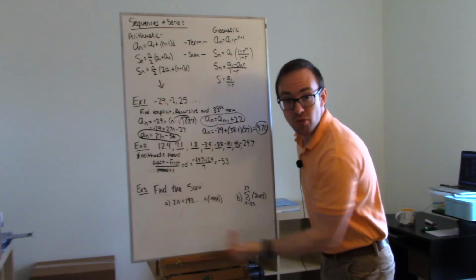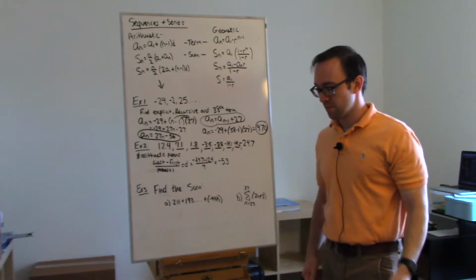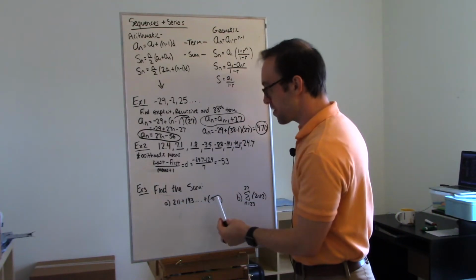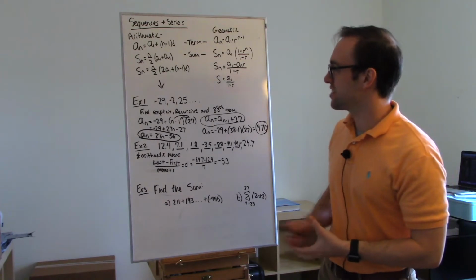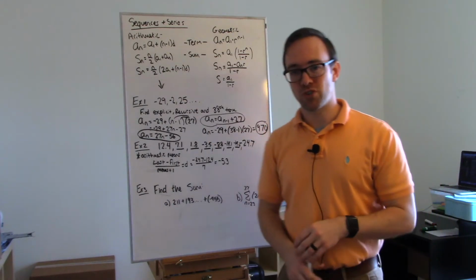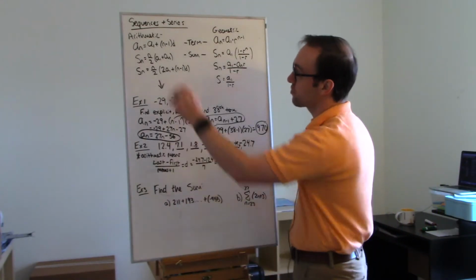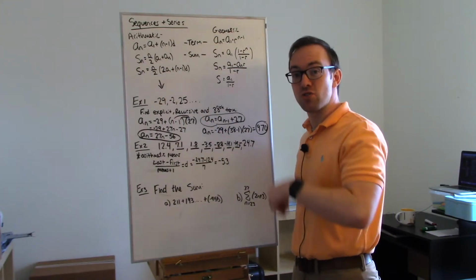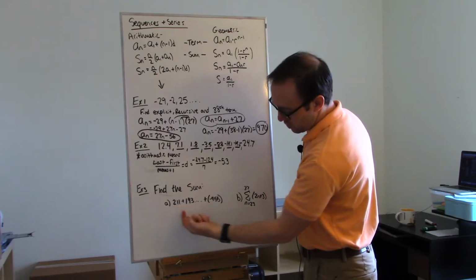Now we move to example 3, finding the sums. In part A, it gave us the first term and the last term, but it did not give us the n, or the number of terms. What we have to do is utilize the first term, the last term, and our common difference to plug into the term formula to figure out the number of terms that we have between 211 and